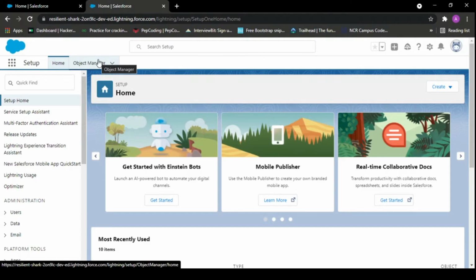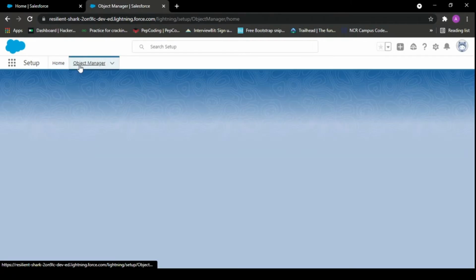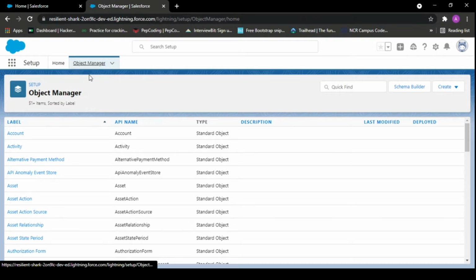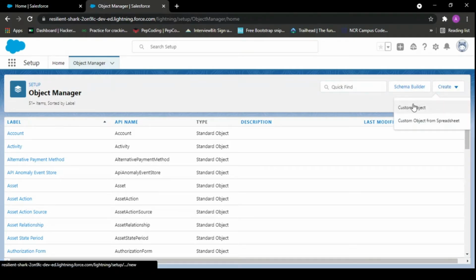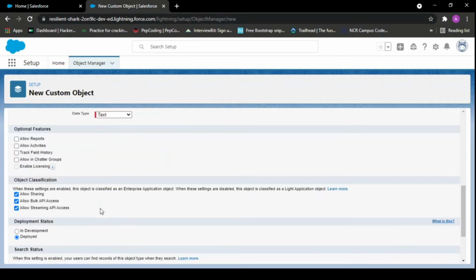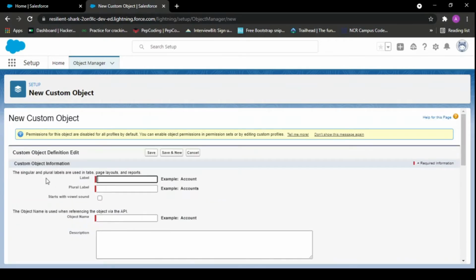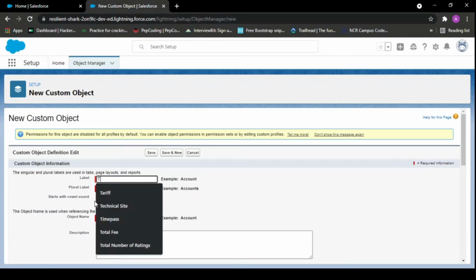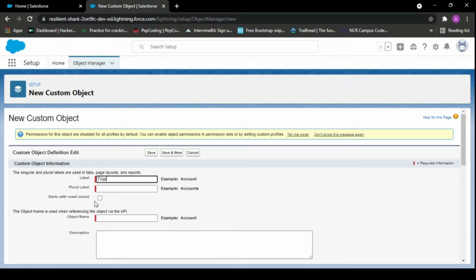What you want is to create an object. First go into Object Manager, then go to Create, and from there create a custom object. Here you write the names, like trial. I am giving my label as trial, and this is okay. This is the label name, and the plural label is visible when you see it in the list.